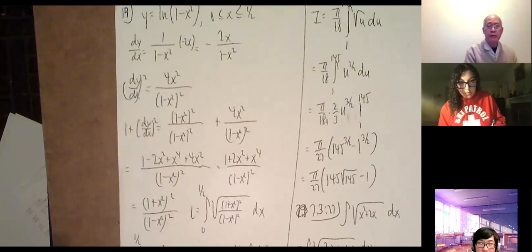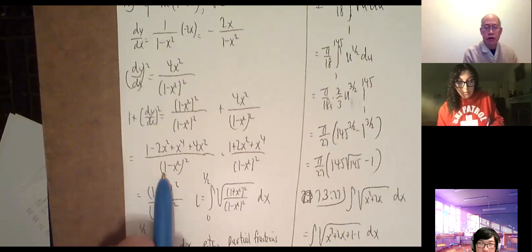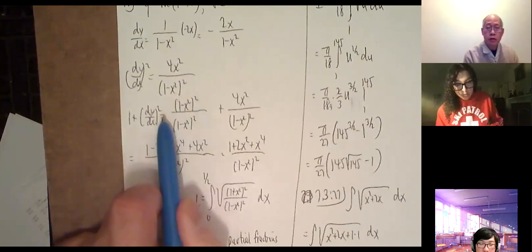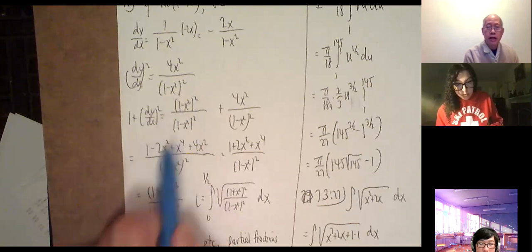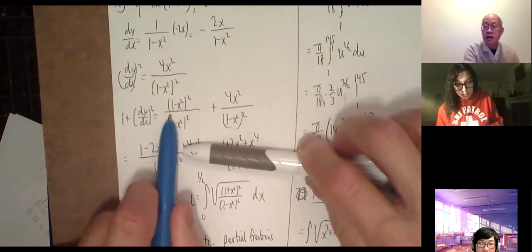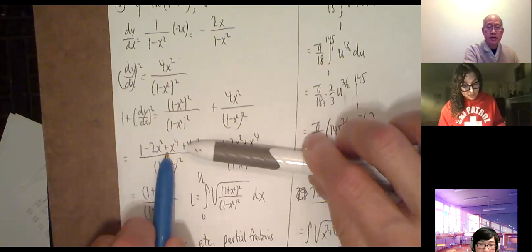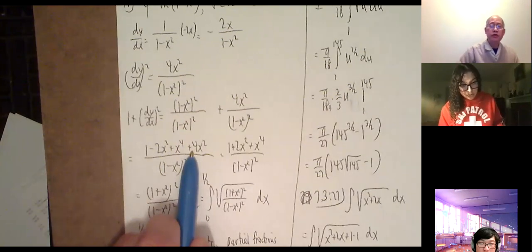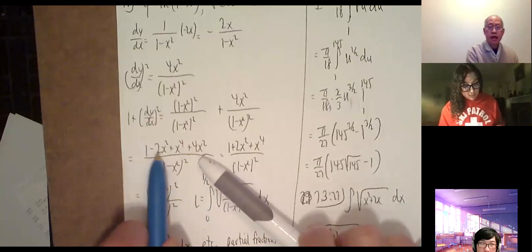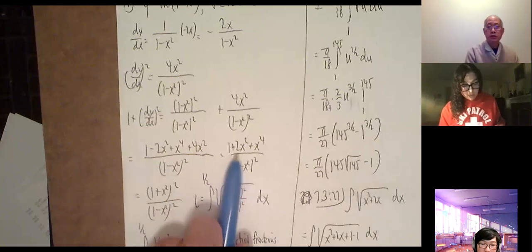All right, so take a look at what happens. The bottom is (1 - x^2)^2. Okay, distribute out the numerator. So 1 - 2x^2 + x^4. Okay, so this stuff right here is this, and then plus 4x^2. And take a look at what happens. If I add the 4x^2, instead of minus 2x^2, I'll have a plus 2x^2. So it's like this,